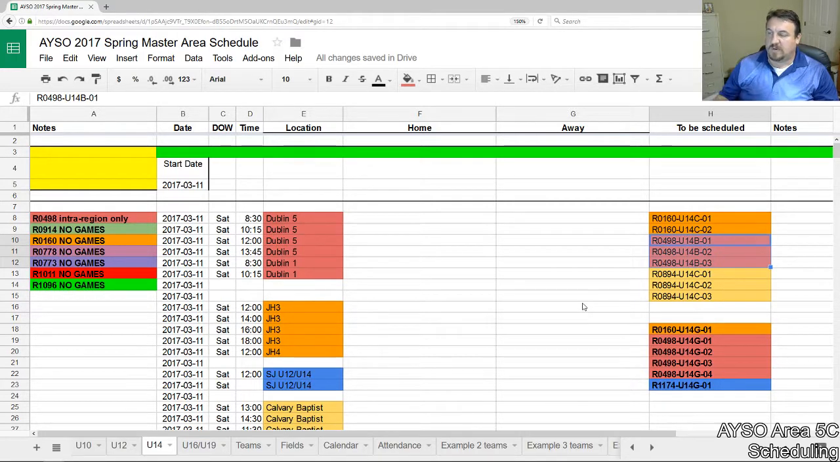Just tell me what those are for every week, and then we'll schedule what's left, either traveling them to different places or they'll come to your region, depending on the situation. So for example,